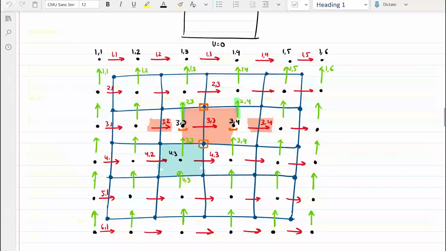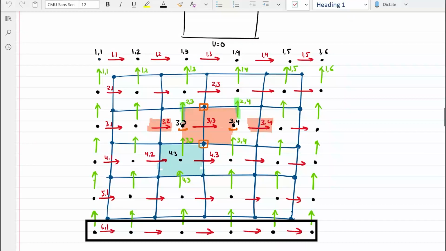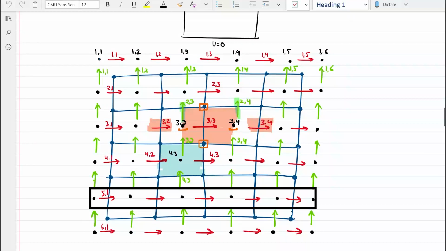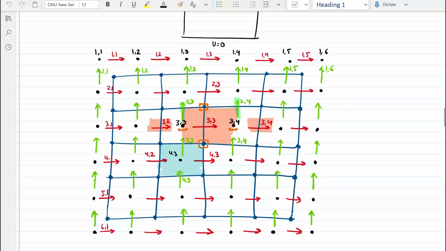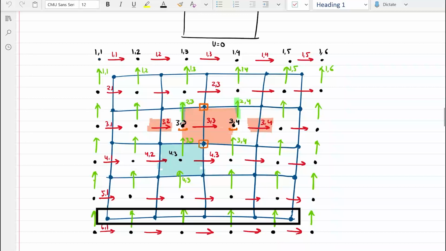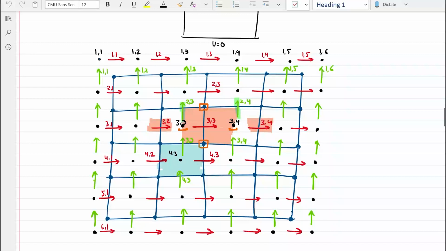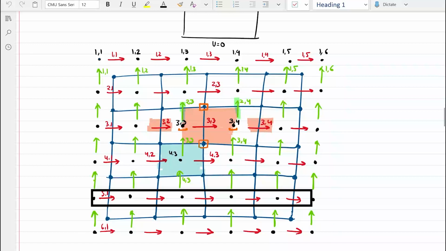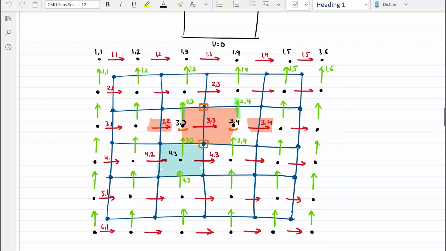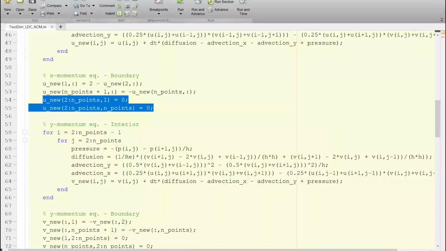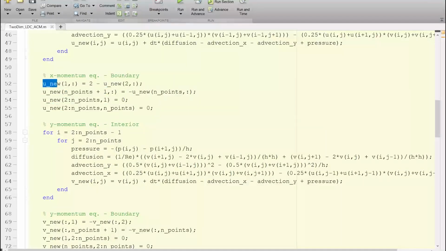Then on the bottom boundary, we have the sixth row as the negative of the fifth row, remember? Because we want a physical velocity of 0 at this particular location, this particular variable would be the negative of the fifth variable. So we can say that the endpoint plus 1 is equal to negative of the endpoints. That is what we are writing here. And similarly, on the top row, the topmost grid velocity, that is the first row, would be 2 minus the second row, because we want the lid velocity as 1.